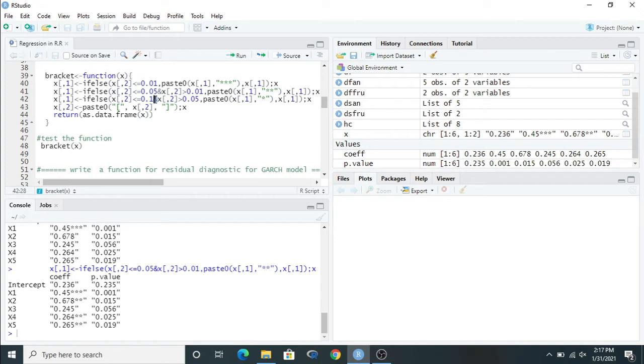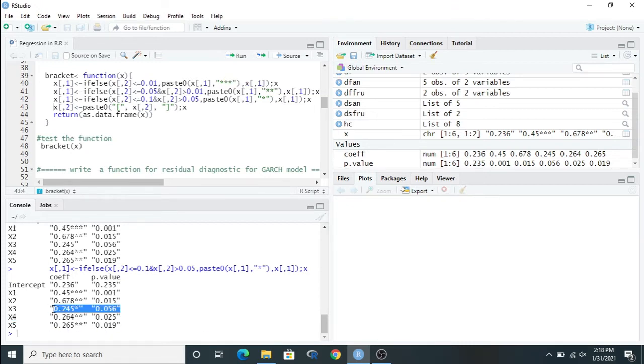And here we are putting also, and the second column of the x value is again greater than the 5%. Then we are going to paste here the first column of the x value including 1 star. If this condition does not work, then it will store the same result for the first column of the x series. Just run this.